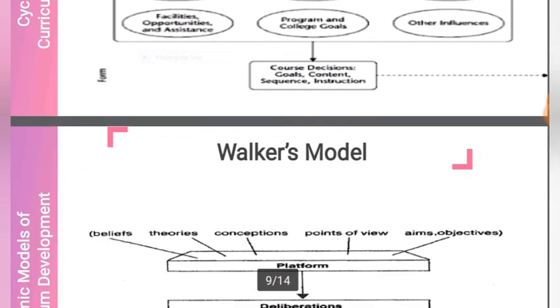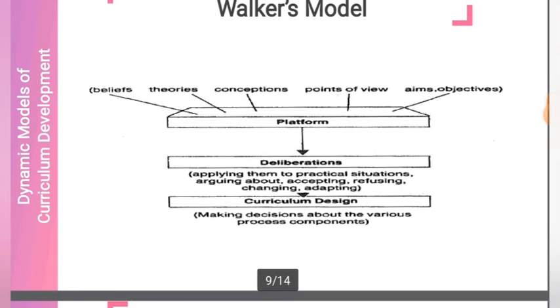The next one, we have Walker's model. So this emphasizes the process of curriculum development. The ways of proceeding were not predetermined but negotiated and documented as stakeholders work towards completing the task. Walker's model has three phases, which he termed platform, deliberation, and design. In the platform phase,